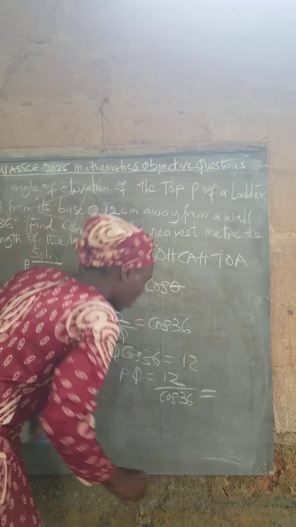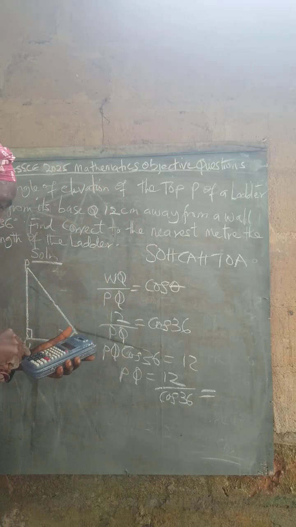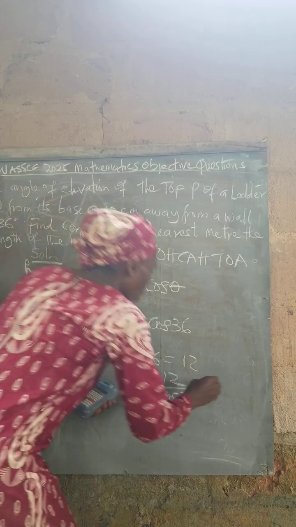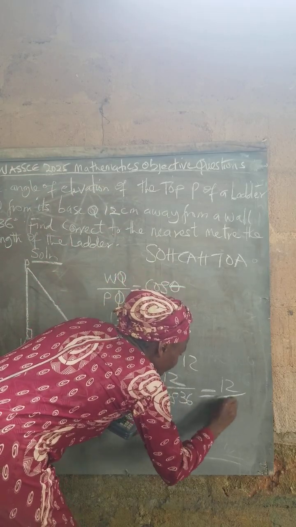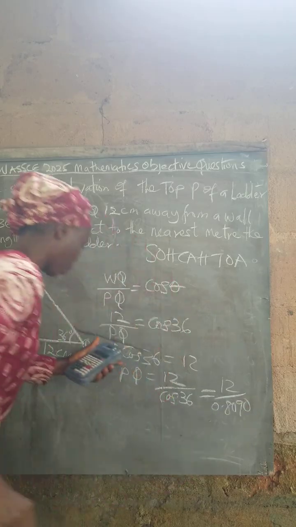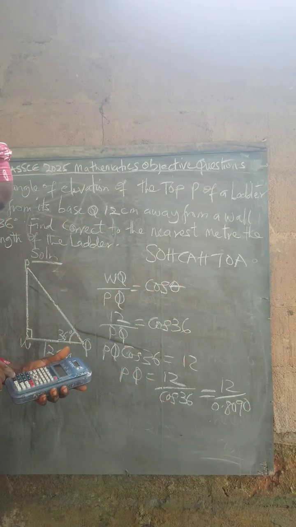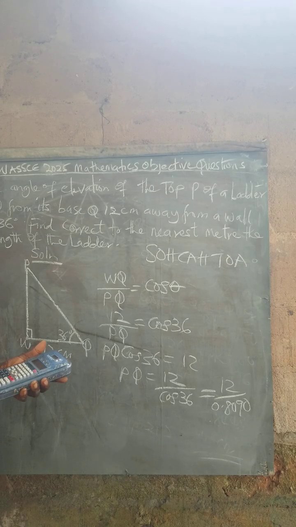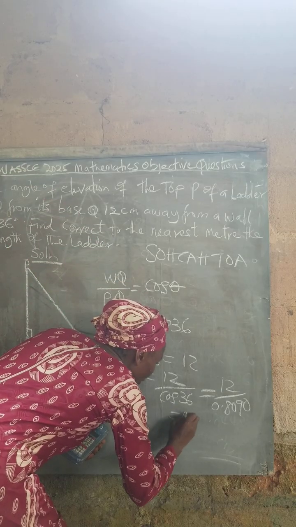So please permit me to use my calculator to get cos 36. I have 0.8090. So let me divide 12 by 0.8090, which is going to give me